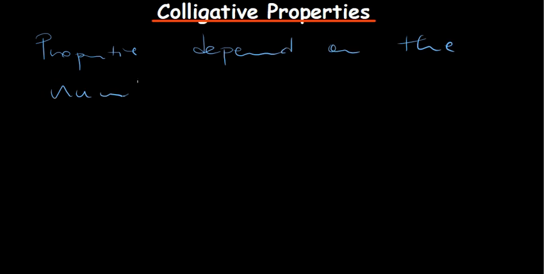So just under solutions, we want to talk about the colligative properties. We already know that a solution is made up of solutes and solvents, right? So what are these colligative properties? Colligative properties are defined to be those properties of a solution that depend on the number of the solute particles